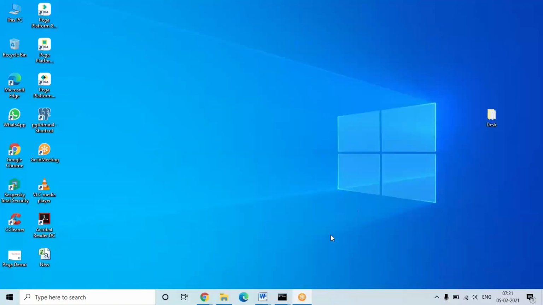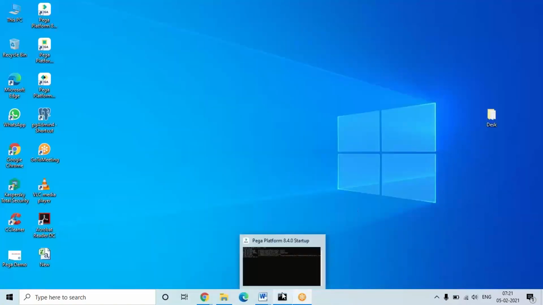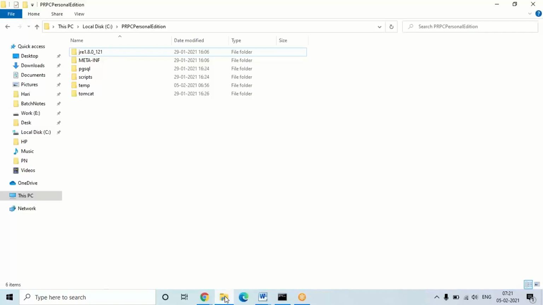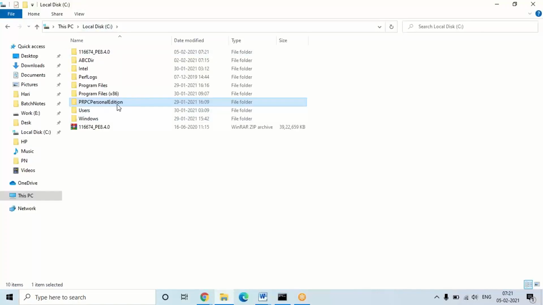Whether the installation succeeds or fails, you will get these three desktop shortcuts, and in the directory you have given, it will create a folder called PRPC Personal Edition. So whether it is successful or unsuccessful, this folder and the desktop shortcuts will be generated.